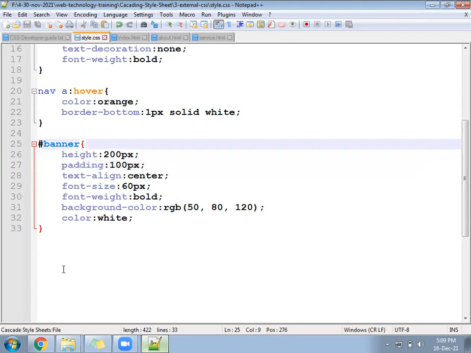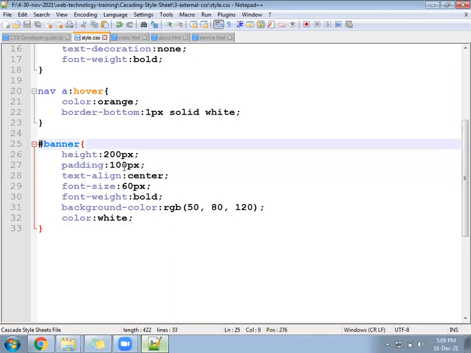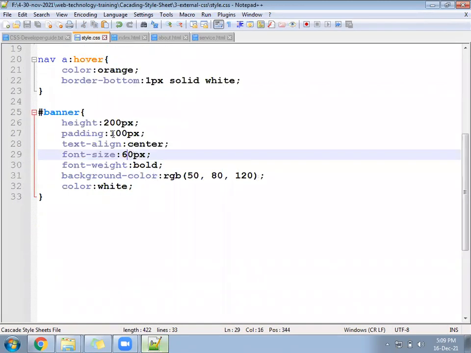Okay. Come now, next after that. Let me reduce some more height. Font size, any other changes we have made? Navigation, padding, navigation bar. Okay. Padding left, right, let it be.